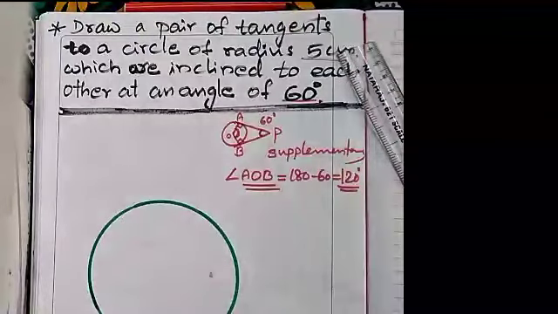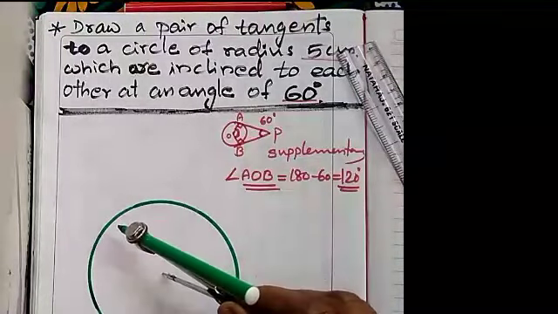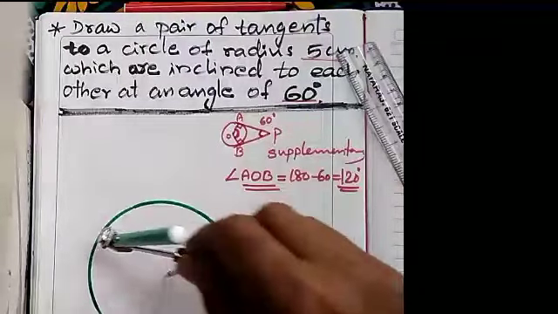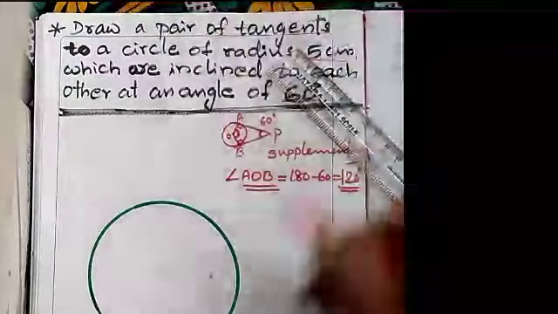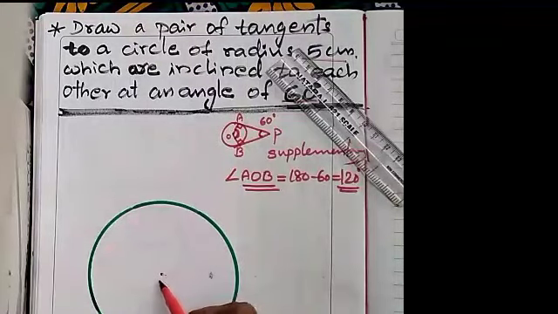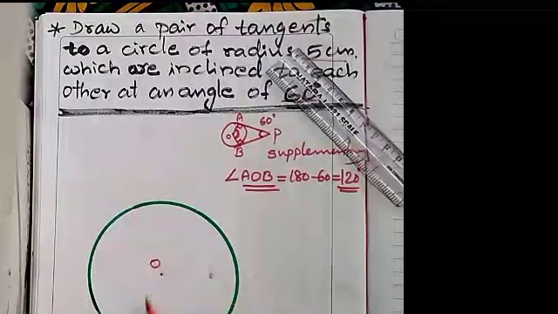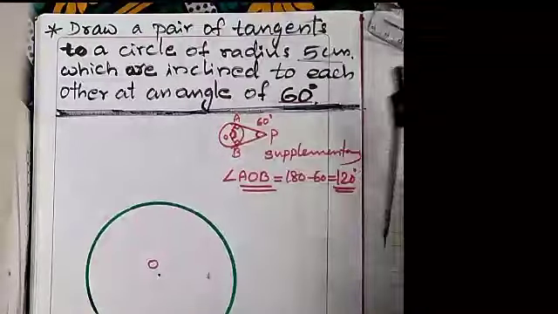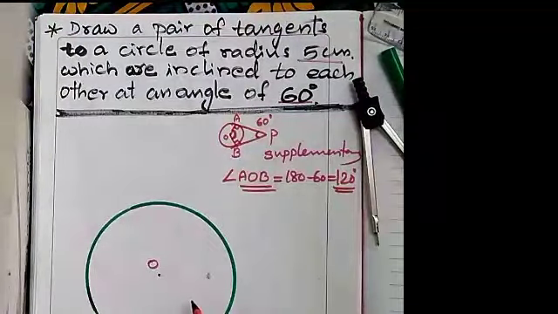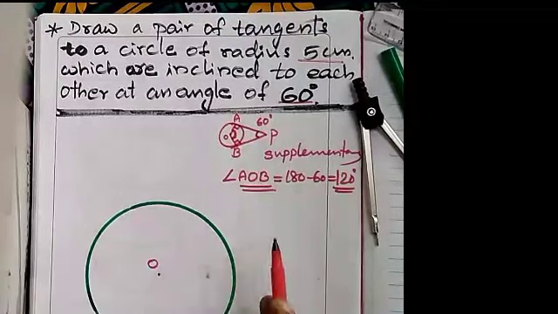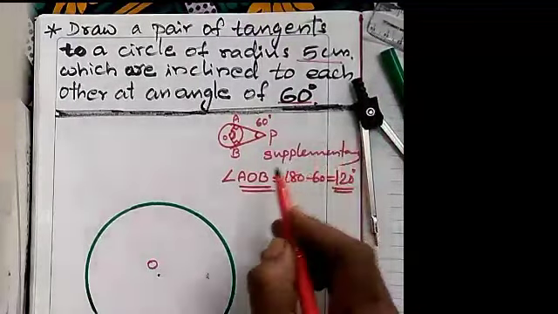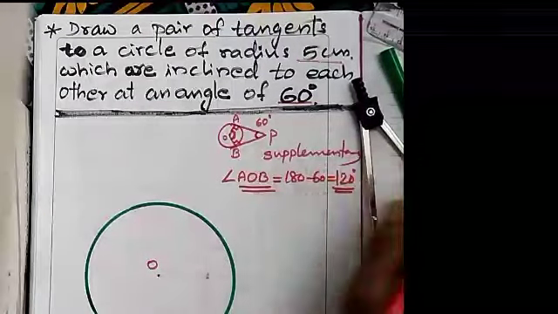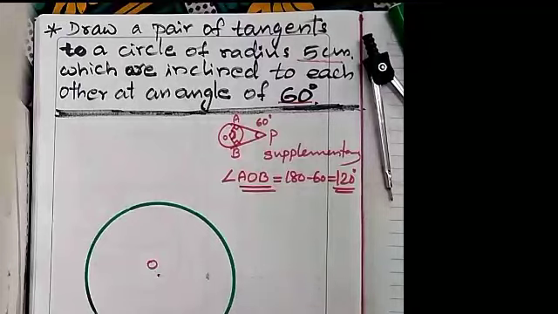So, circle selected and the radius, which is the radius? Okay, this point is the radius. Here you can see the radius, the center O. Mark the center O. Circle with the radius 5 centimeter. Here it is ready. Center you have marked as O and the angle AOB 120 degree that we are going to construct.